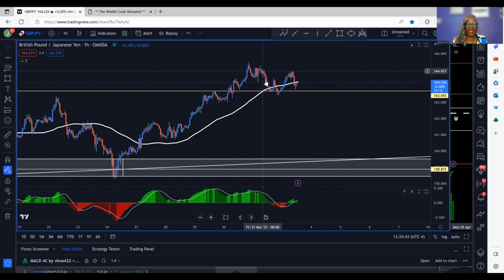What did price do when it came here? Came down, it stopped, it turned around. Came down, wicked below, but didn't close, and did what? Turned around. So this area right here is an area where rejection was. So we're looking for price to come into this area. Now, once price comes into the area,